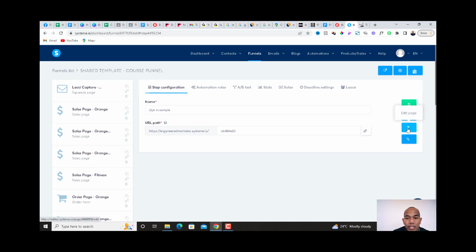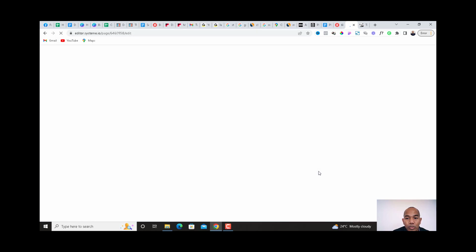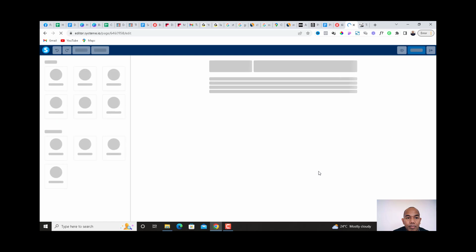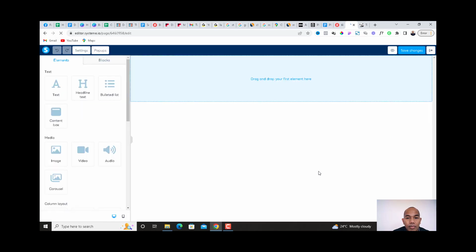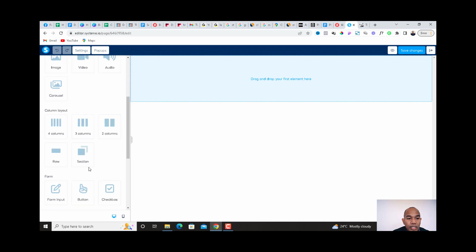To edit, click this icon to enter the editor page. So once you are here, this is an empty canvas. So in order to fill in the elements, go here, we'll add a section,